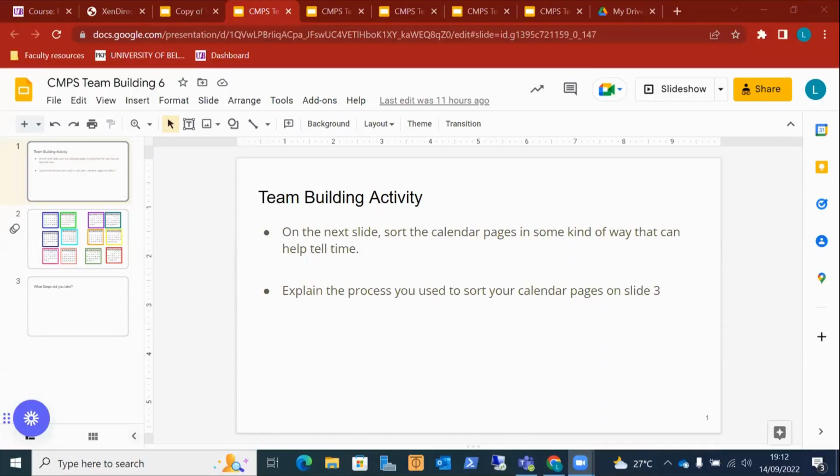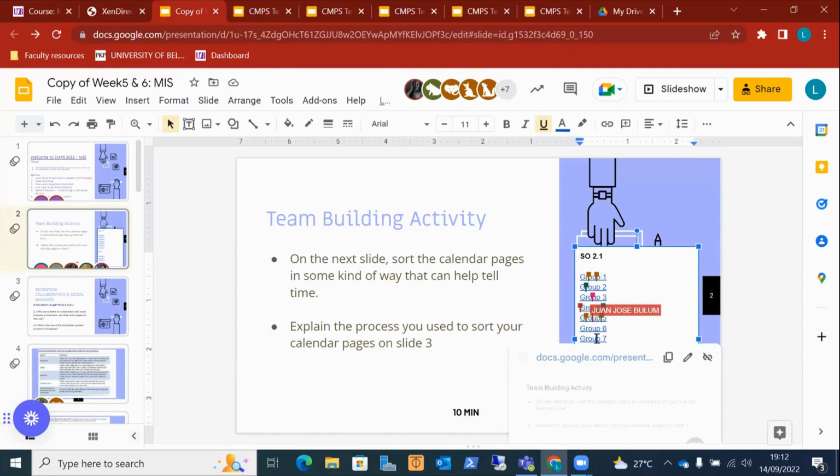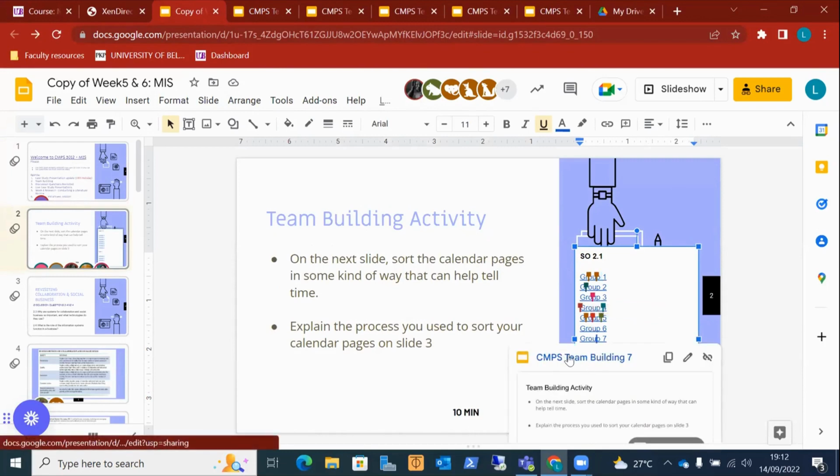Before I do, let me just show you what's happening. We are doing the activity that we started last class, so we didn't get to finish. I shared my PowerPoint with the class, so I'm going to give you the link. When you come in, you're going to click on the group number that you are assigned to and open the PowerPoint that has the calendar.